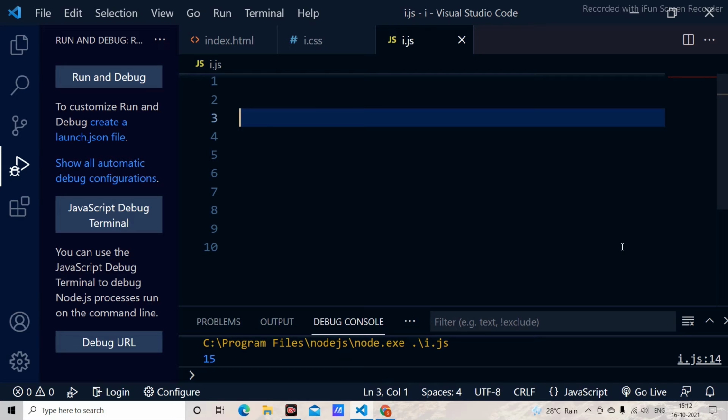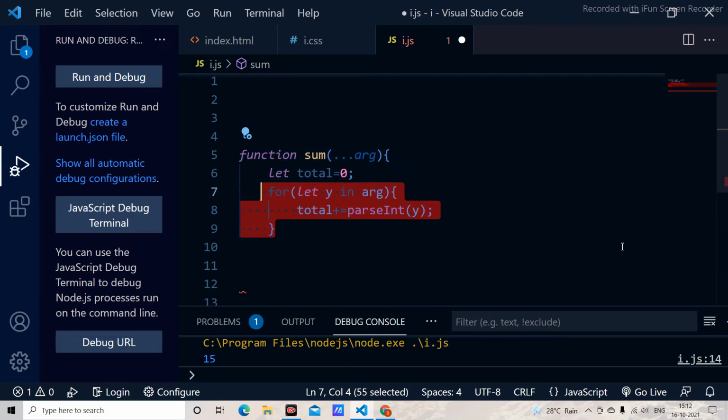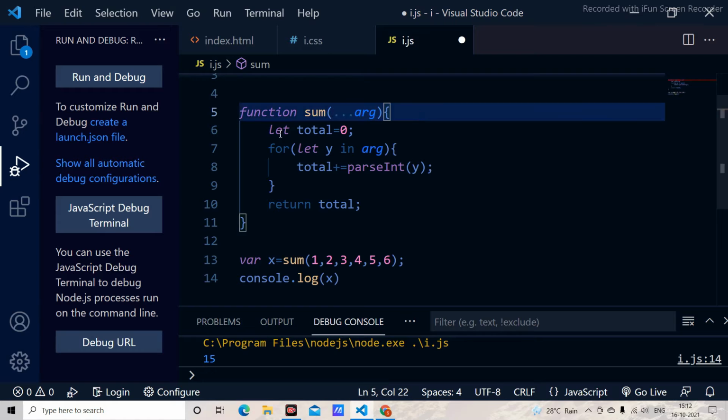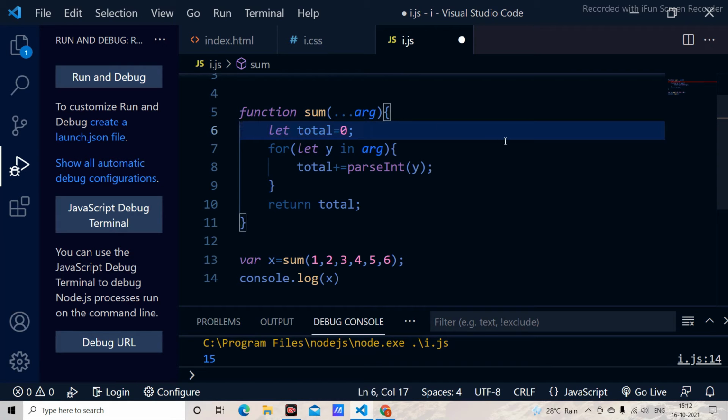For example, here I am going to show you with a function which I have created. I have created a function with the name sum, and a lot of arguments which I am going to give into that function. Here I have created let total equal to 0, a local variable total with the value of 0.